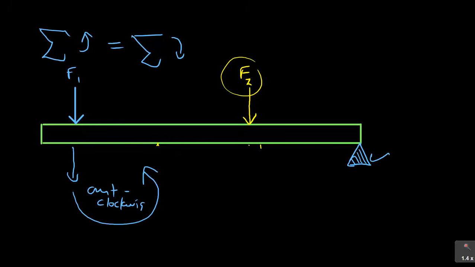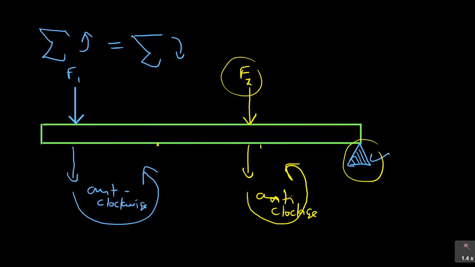So remember, looking at the second force F2, it will also push the beam downward, and when it's pushing downward the rotation is similar here, it is anti-clockwise. So you can see now these two forces have the same effect about this end. They will have a similar effect, but when I change them and put them differently,